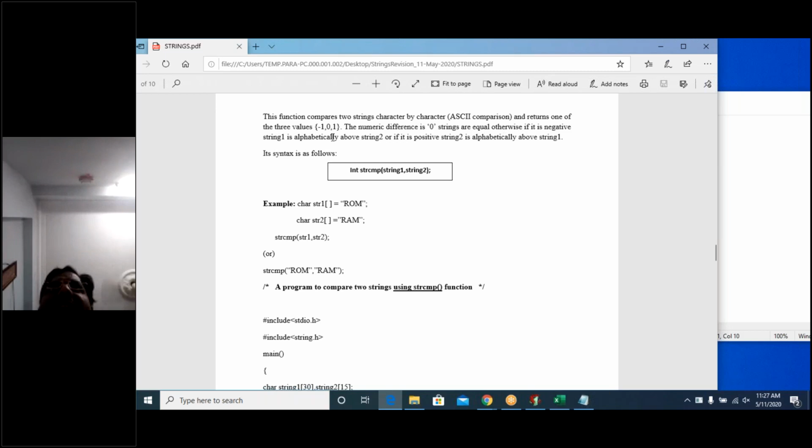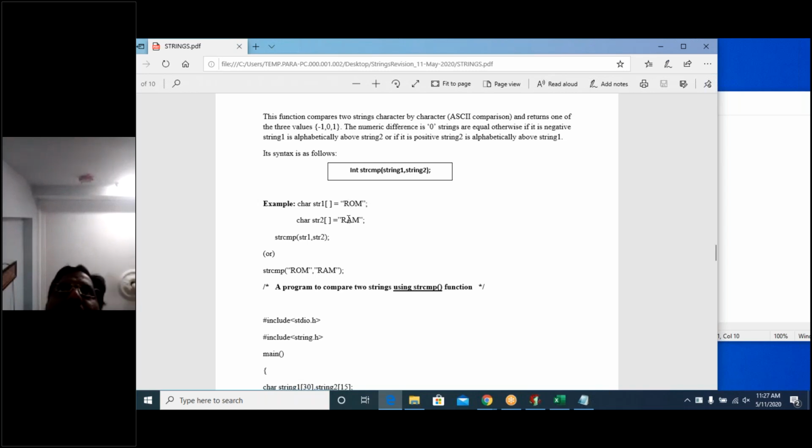If string 1 is containing O and string 2 is containing A, right? What is the ASCII value of O and what is the ASCII value of A?